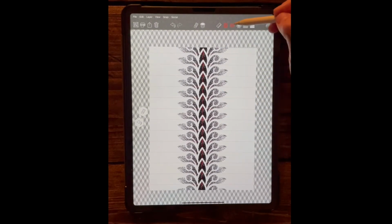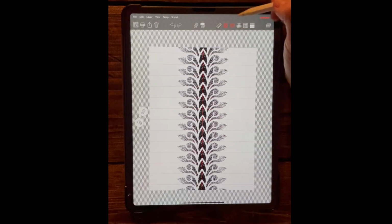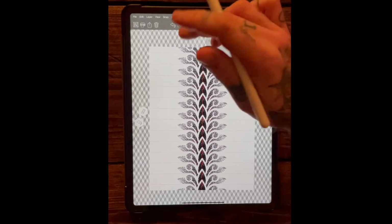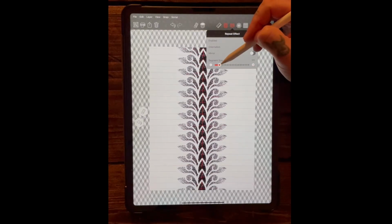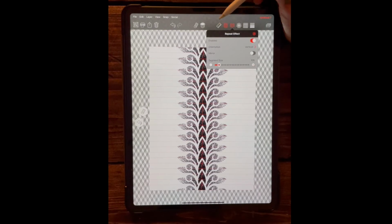So this is your vertical repeat effect. Next thing I want to do is a kind of pattern brush, I guess, in a sense. It's similar to what we've been doing on Procreate. So come down to segment size. I'm going to drop this down to about 100, so it's a little bit closer together. The good thing about Geometrica is that you can use all of these different tools at the same time in unison with each other,